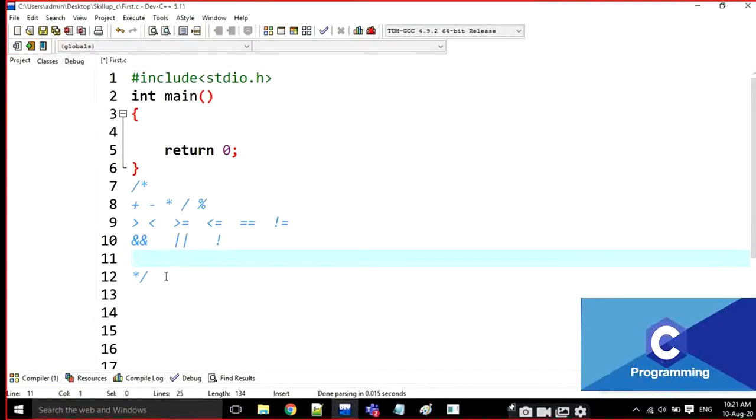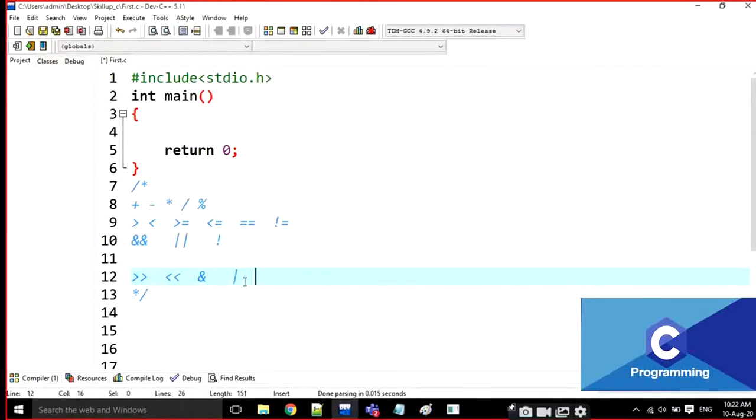The last one is bitwise operators. Left shift operator, right shift operator, bitwise AND, bitwise OR. If you are mentioning double ampersand, it is a logical AND; if it is a single ampersand, it is a bitwise AND. Two pipe symbols mean logical OR; with one pipe symbol it is a bitwise OR.